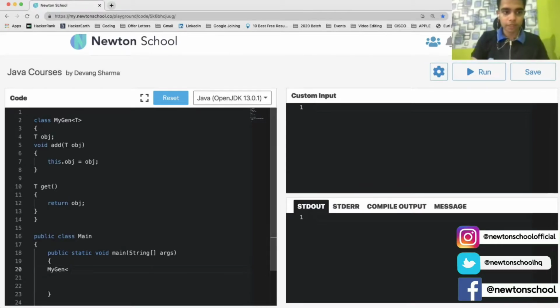As you can see, the type that is defined here is T, so it is generic in nature. It can be integer, it can be character. Let's make an integer type. Just try adding values here.